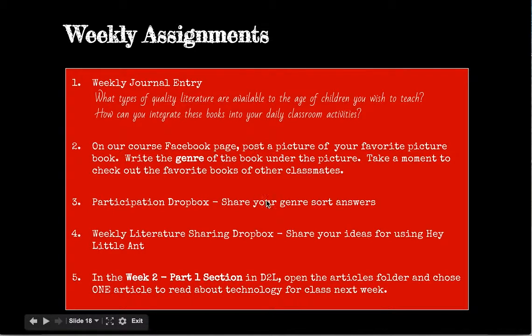Then we have our participation drop box, and this is located in D2L for the week, and you're going to drop your genre sort answers, and that was for that Google Docs activity you did. Also, you have your weekly literature sharing, and that's your Hey Little Ant, I want to see your ideas. So you'll put that in a separate Dropbox labeled Weekly Literature Sharing. And last, you'll head over to Week 2, Part 1 on D2L, and there is an Articles folder. And in that folder, I'd like you to choose one article to read about technology, and that will be for our class